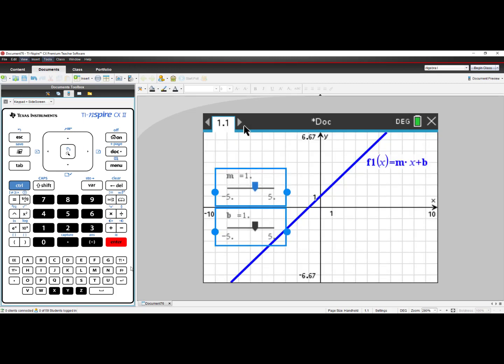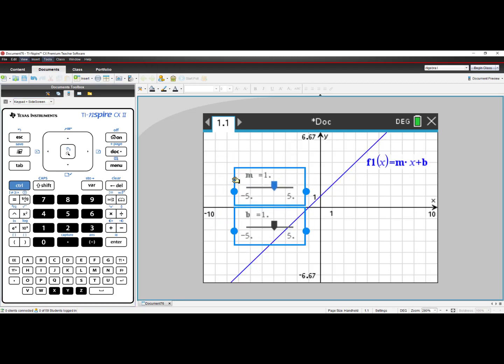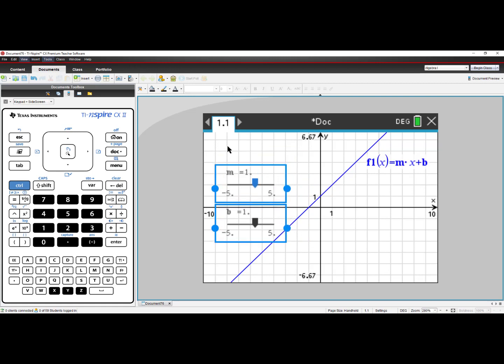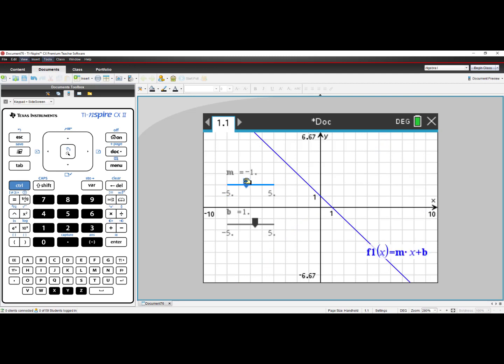We now can reposition M and B if we want by pressing Control-click, but if we're happy with where they're located, we can just click in the open space. With your cursor, you can now approach the slider, grab it by pressing Control and the center click button, and as you move left or right, you can change either the slope or Control-click to grab the y-intercept for your slider